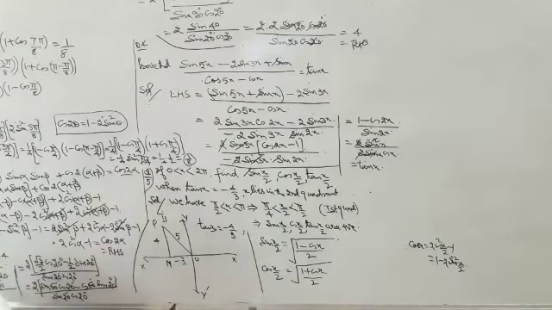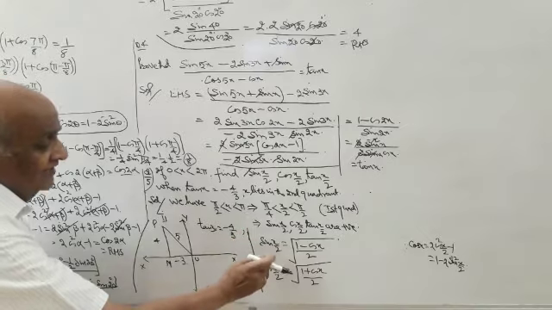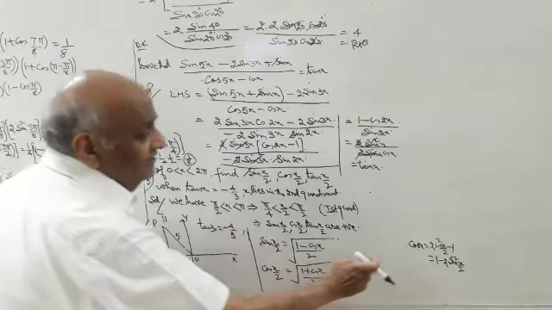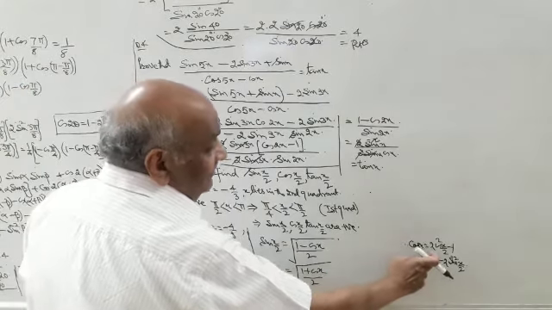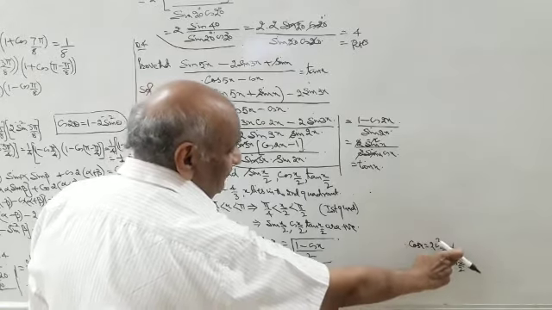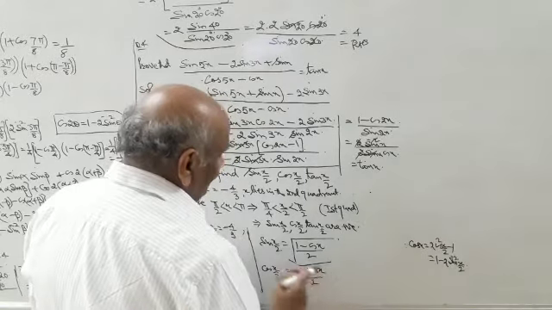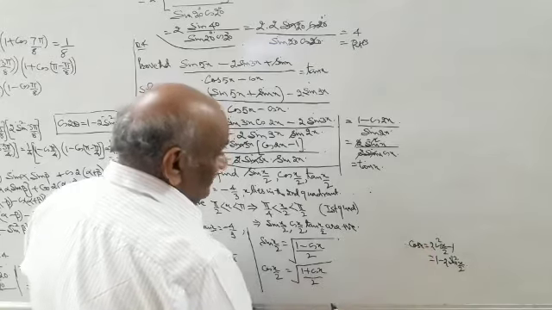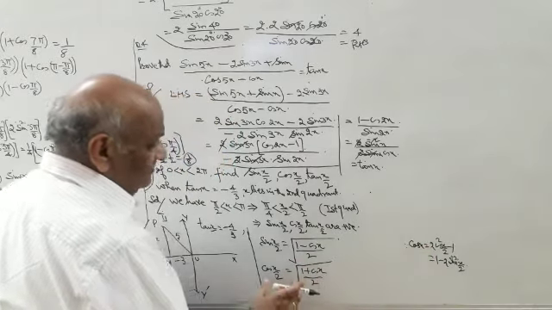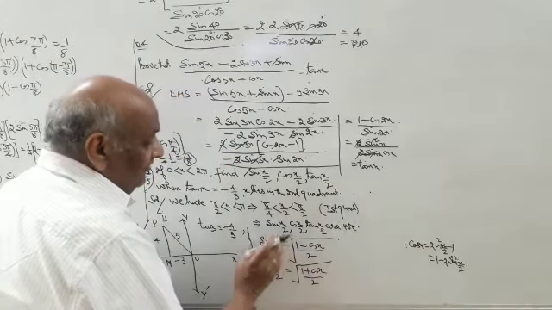I want here, now see, the value for sin x by 2. The formula is cos x is 2 cos square x by 2 minus 1. That means we have 1 plus cos x or 1 minus cos x in this way. It is positive, of course.